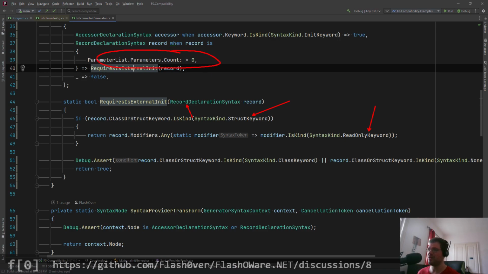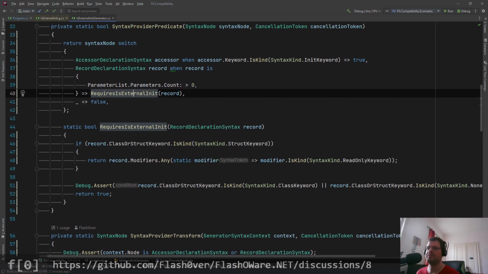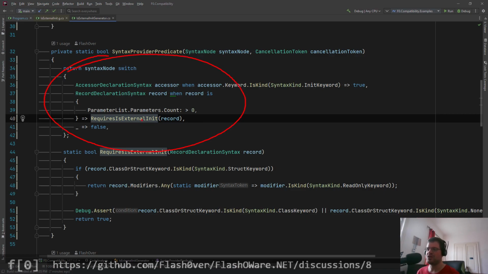When it has a parameter, then we require the init-only keyword. In any other case, it's either the class keyword, or it doesn't have any keyword at all because it's maybe C# 9 style code. In that case, we also require this IsExternalInit keyword. But if it's a non-read-only record struct, then we don't need it. And yeah, so this is our